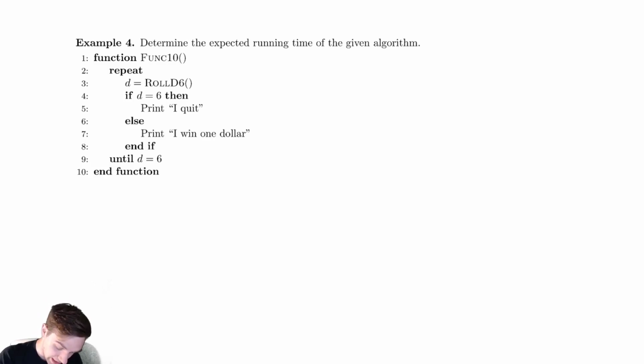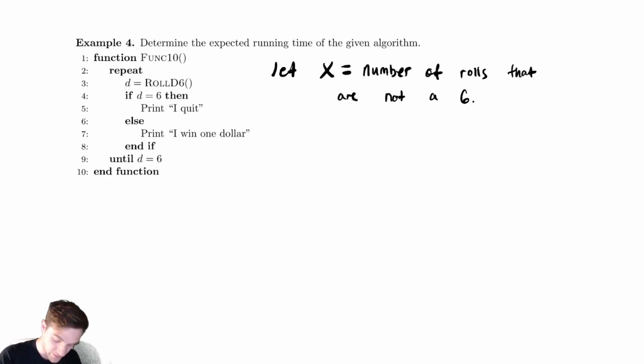So let x equal the number of rolls that are not a 6. So again, this is just trying to compute the number of times that we're going to go